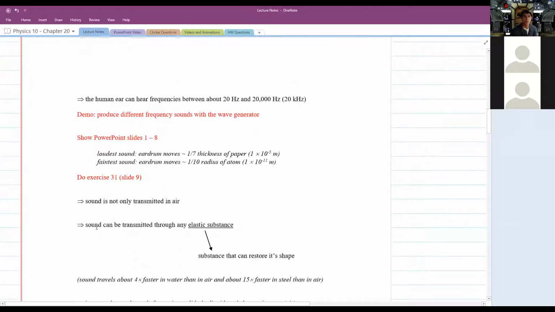Now, the human, one more time, the human ear can hear frequencies from about 20 hertz to 20,000 hertz. However, this is for a normal young adult. What ends up happening is as you get older, this frequency range drops. So the older you are,